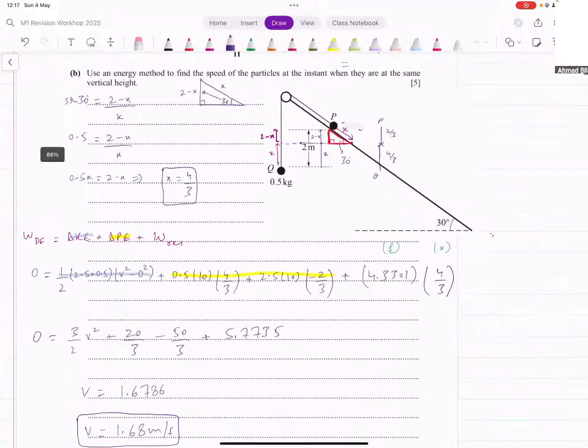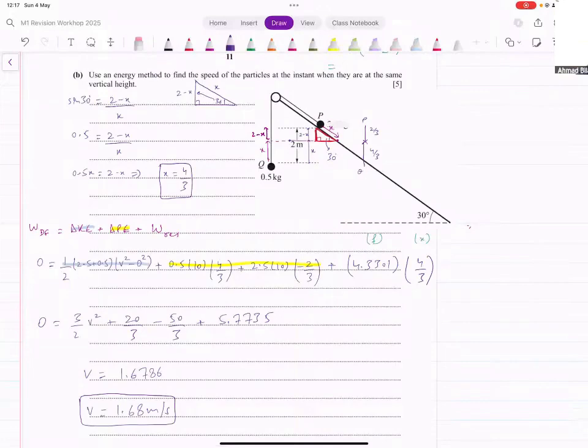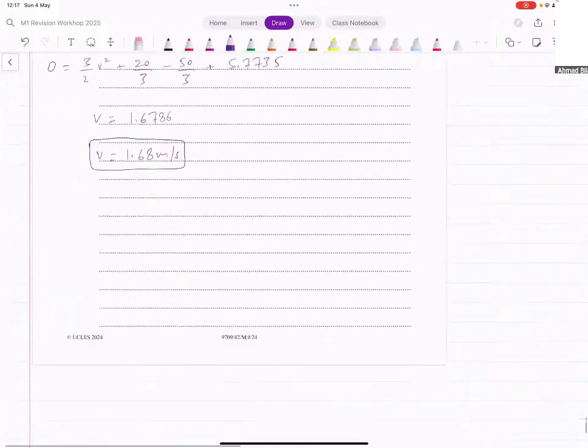You need to make sure that you understand this well. Yes, in this case, you could use conservation of energy as well because there's no driving force, there's no resistance. Conservation of energy would also work. Yes, that's correct. You could use that. That will work in this case because there's no driving force and there's no